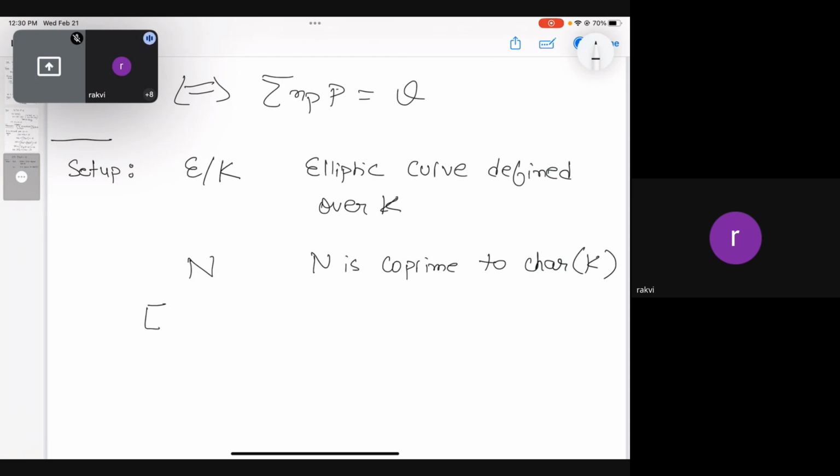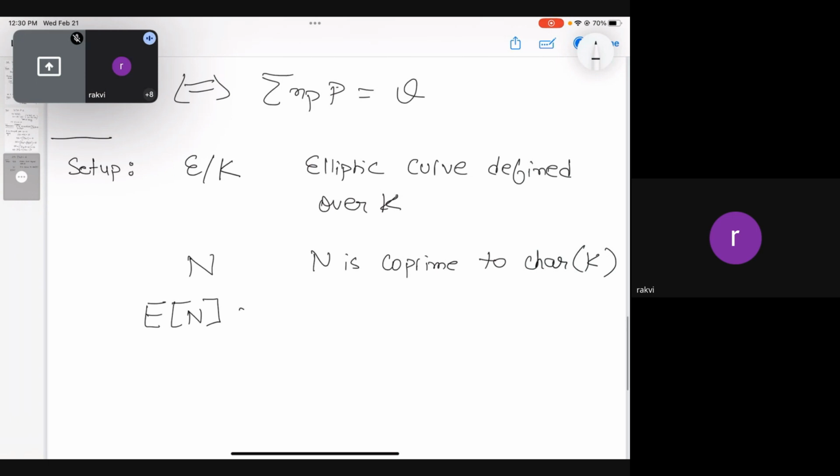And this En, this notation basically means,